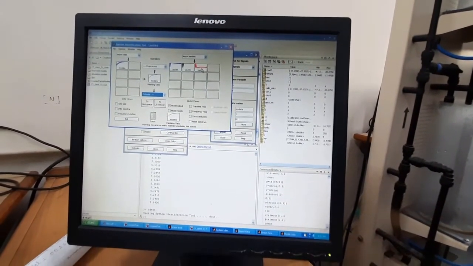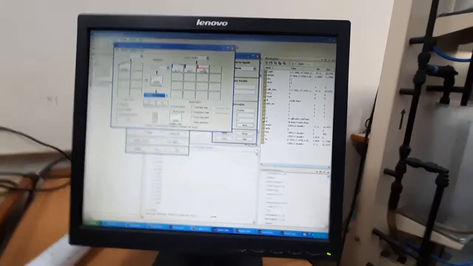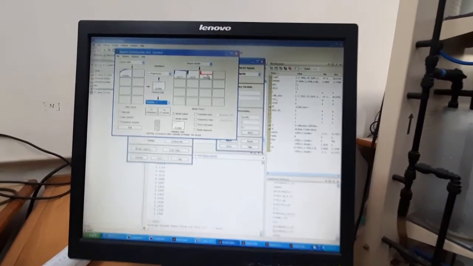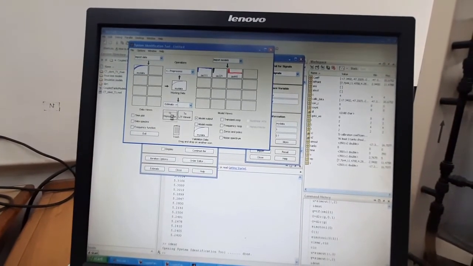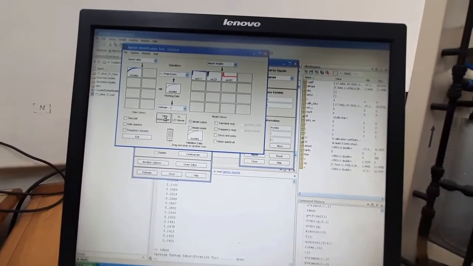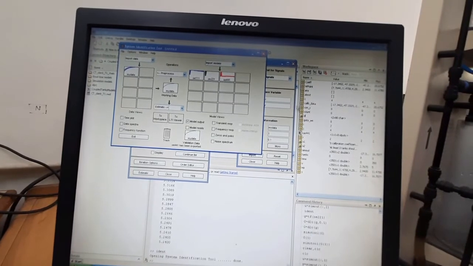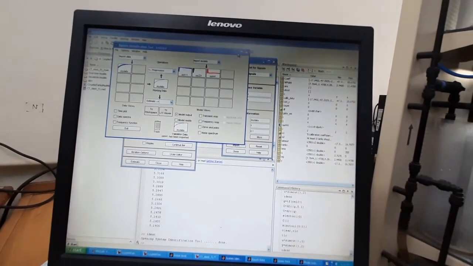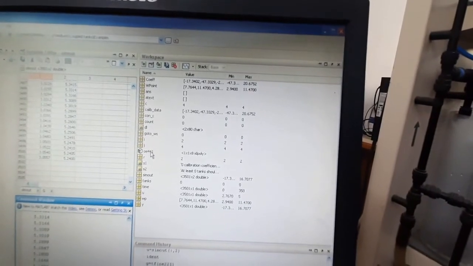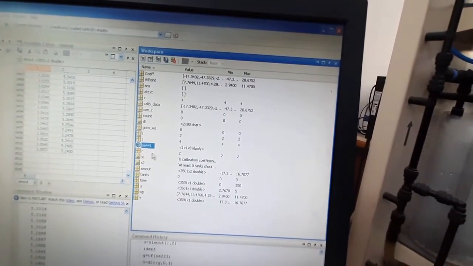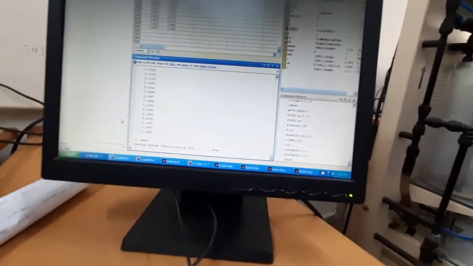First, we have to make it appear in our workspace. For that, just select this and drag it to the block called To Workspace. If you do this, you can see something suddenly changes in your workspace. There will be a new variable, OE441. Here we can see the new variable came, OE441. Now we will make a transfer function out of this model.